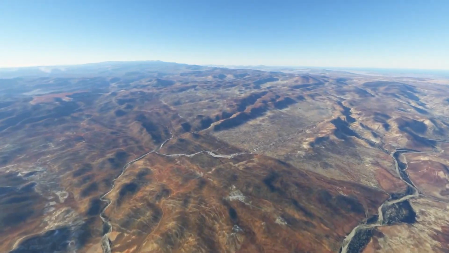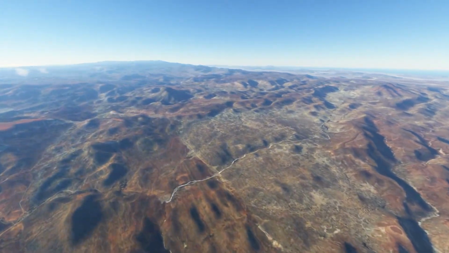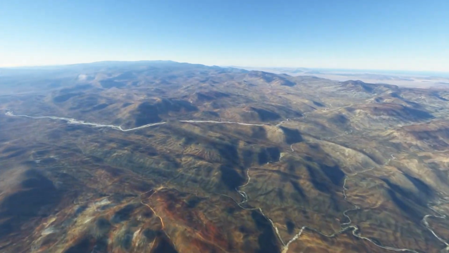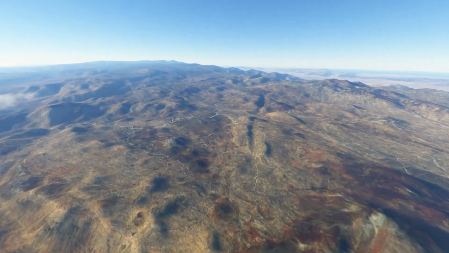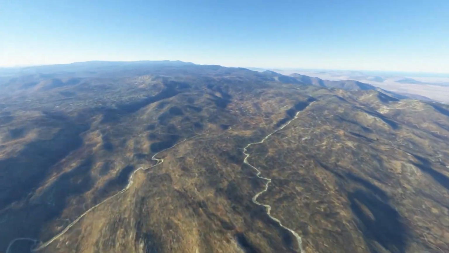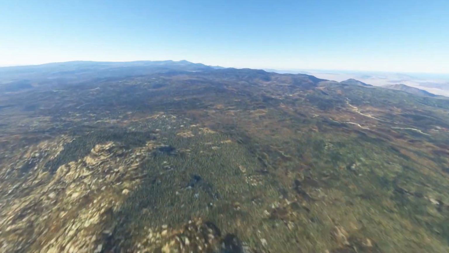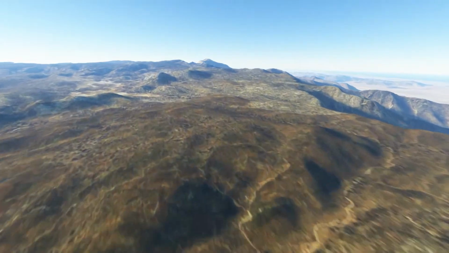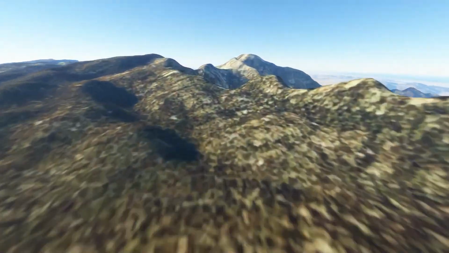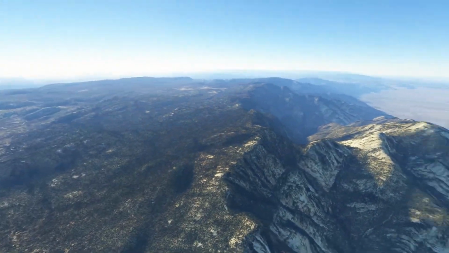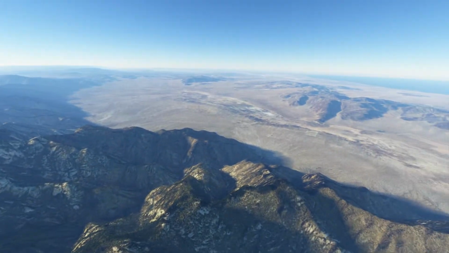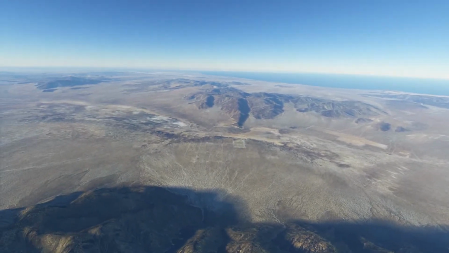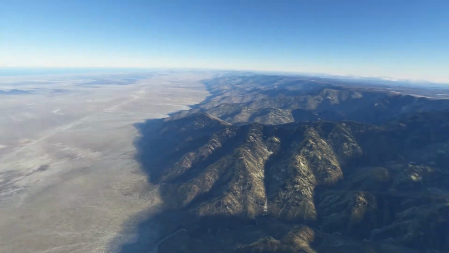So we're going actually quite a ways away from the plane here. And I don't think this is the highest peak. I think the highest peak is further north. But here are the mountains right here, the Cerro Picacho. So those are some pretty significant mountains there. And then you have the desert, and then of course the Gulf of California right there.